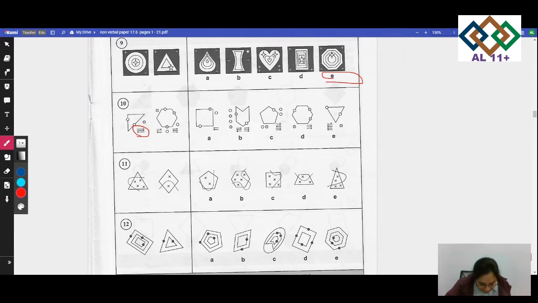Can you see it? In all the figures, if you look at C, it's one, two, three, four, five. And there should be one more. The number of black arrows pointing left must equal the number of gray ones. The total number of black arrows must equal the total number of dots and the number of sides of the last shape. So how many sides are there? Your arrow count should be equal to that. So the answer for number 10 is C.